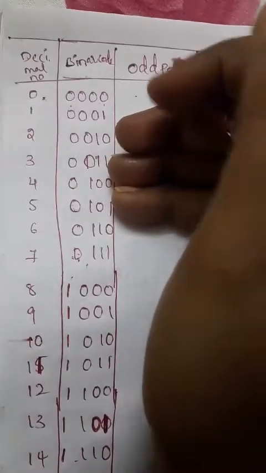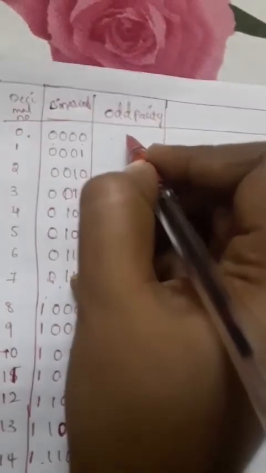So just count it in the binary code of 0000. In that, the number of ones will be zero, right? There is no number of ones in that, right? So directly I can take it as here. If you are adding 1 for any number here, just check this information as 0. So if you are adding 1 for this, what happens? This is 0 binary code. So 0 plus 1 is nothing but automatically 1. 1 is an odd number, no? So that's why I can add 1 here.